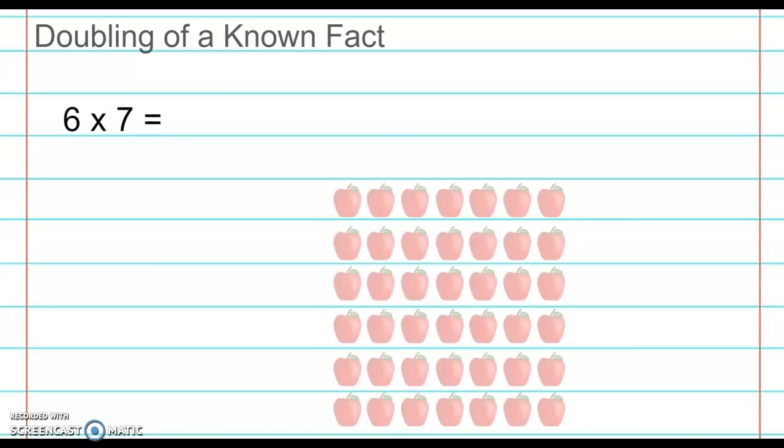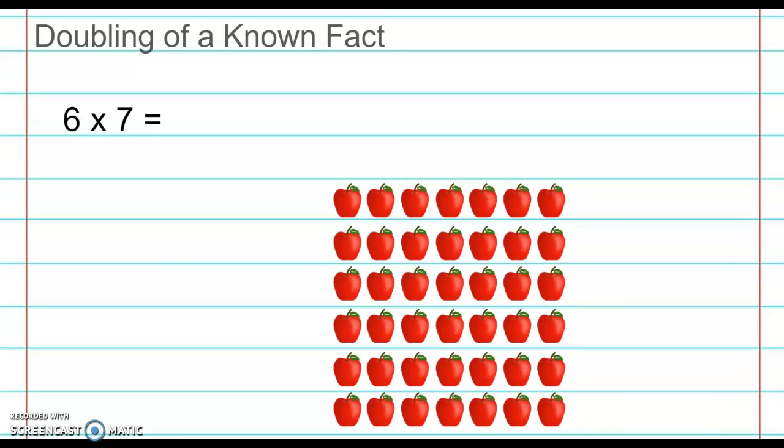One way to solve this is to draw an array. Here I have drawn an array that has 6 rows with 7 apples in each row. This helps me visualize the problem 6 times 7. I could stop here and count all the apples, but I want to show you another way to look at